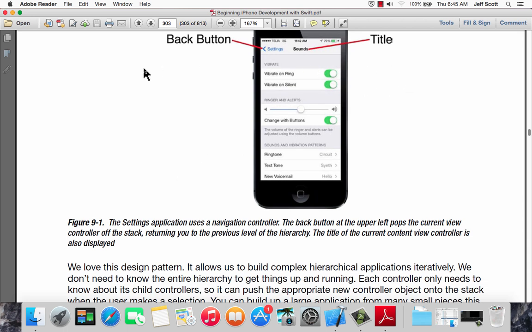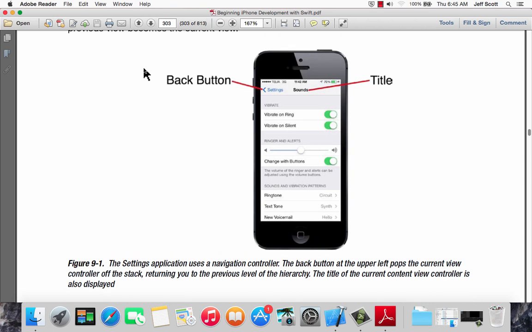All right, so here, what you see on page 304, this is the app that we build in this chapter. All right? So there it is. And the author mentions, this application we're about to build will show you how to do most of the common tasks associated with displaying a hierarchy of data. When the app launches, you'll be presented with a list of font families that are included with iOS. And that's what's shown here in figure 9-2,